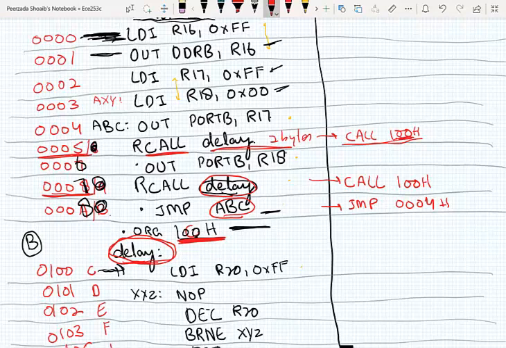In fact, I have not 2 bytes, but I have 22 bits. Sorry, 22 bits. I have 22 bits, and I could have written this subroutine anywhere. But when I use an RCALL, I don't have that luxury. I have to write my program within 64 kilobytes of the memory location from where I am calling the subroutine, because RCALL is only a 2 byte instruction